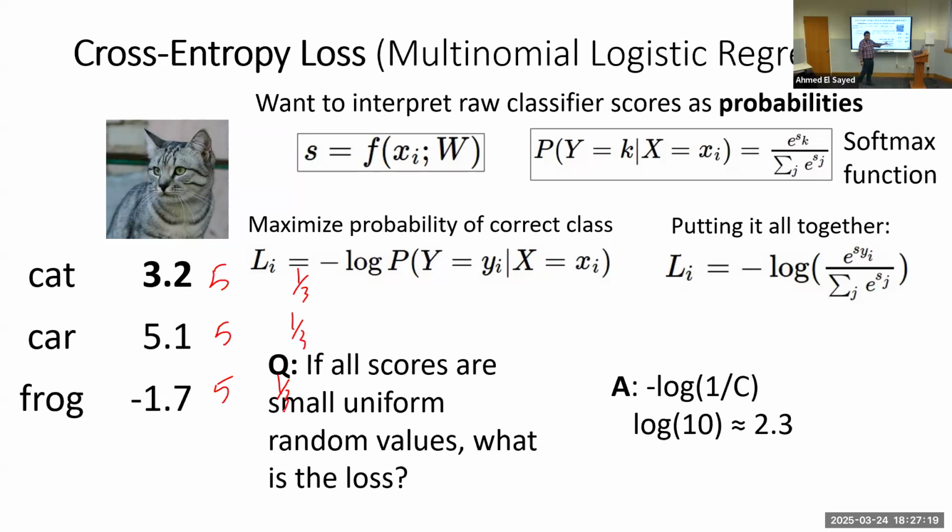What is this distribution? Did you see this distribution before? This is uniform distribution, when all the classes or all the values have the same probability. Okay? In this case, the loss function will be minus log 1 over C, where C here is the number of classes. So if the number of classes is 10 as an example, it will be log 10. If the number of classes here is 3, it will be